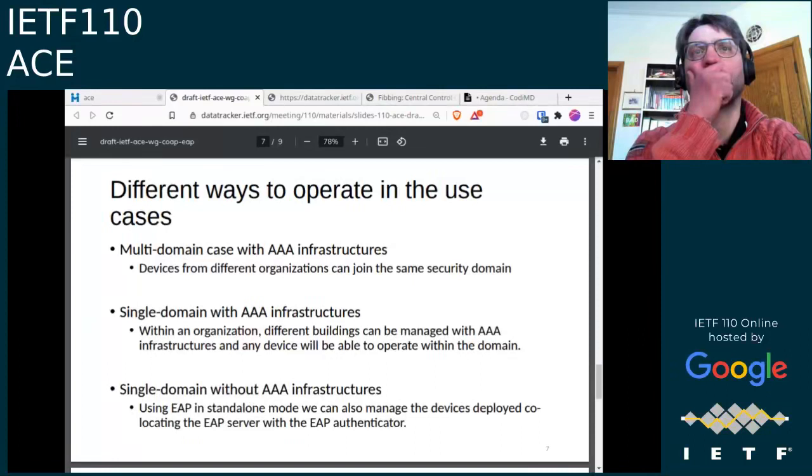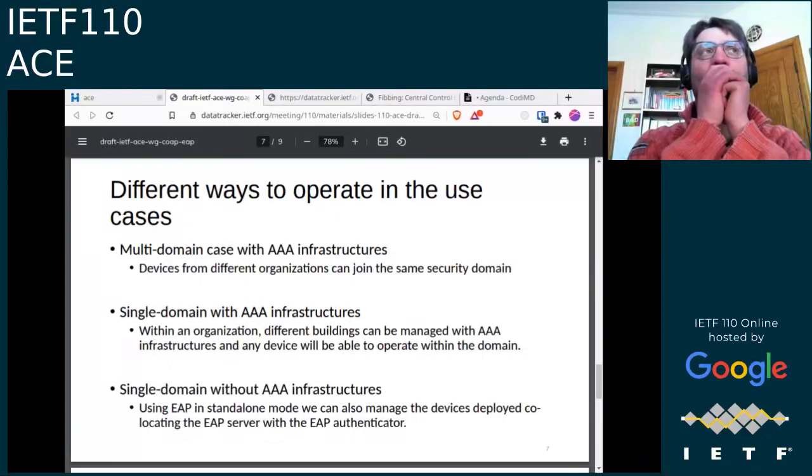We also have a case where we have a single domain and using a AAA infrastructure where, for instance, we have an organization that has several buildings or different campuses or whatever. Everything is managed under a single organization, but we might be able to give some flexibility by using this AAA infrastructure. And lastly, we have a use case where we have a single domain and we are not using a AAA infrastructure. In this case, we can co-locate the EAP server within the controller and centralize, in this case, all the credentials and operate